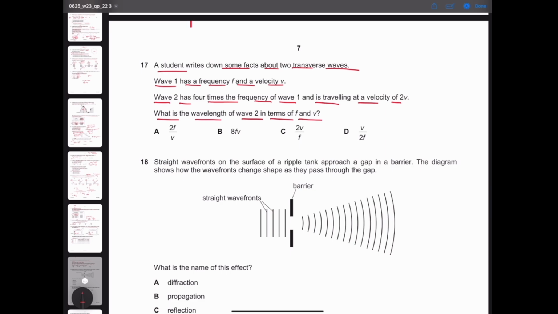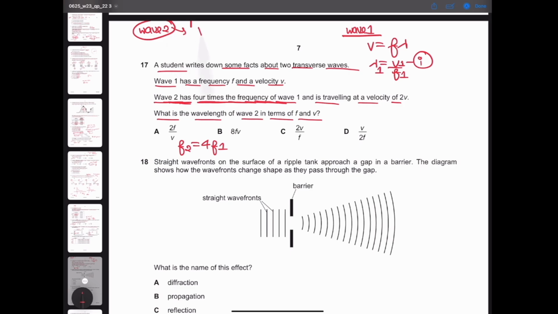What I recommend is that you make two different equations. For wave 1, we know that v equals f lambda, right? And so lambda is equal to v over f. So this is for your wave 1. Now for your wave 2, they're saying that wave 2 has 4 times the frequency of wave 1. So the frequency of wave 2 is equal to 4 times the frequency of wave 1. So let's label this as V1 and F1, and this is your lambda 1 for wave 1. All right, so for wave 2, lambda 2 will be equal to